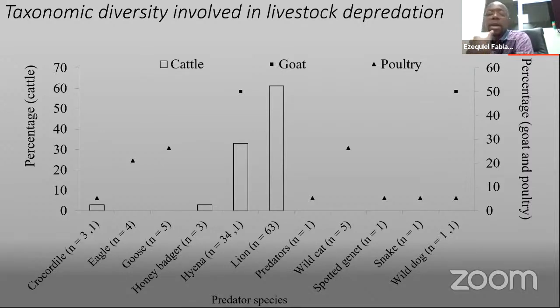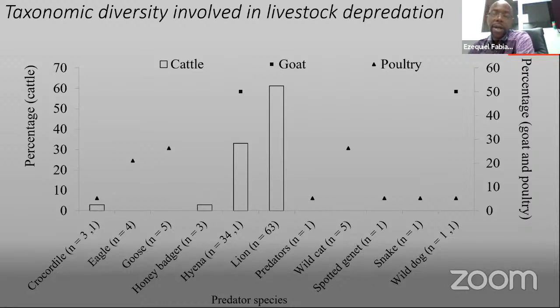So quite often there is a bias that most studies only focus on the larger predators, but our study really shows that communities are battling with a larger number of species than just the ones